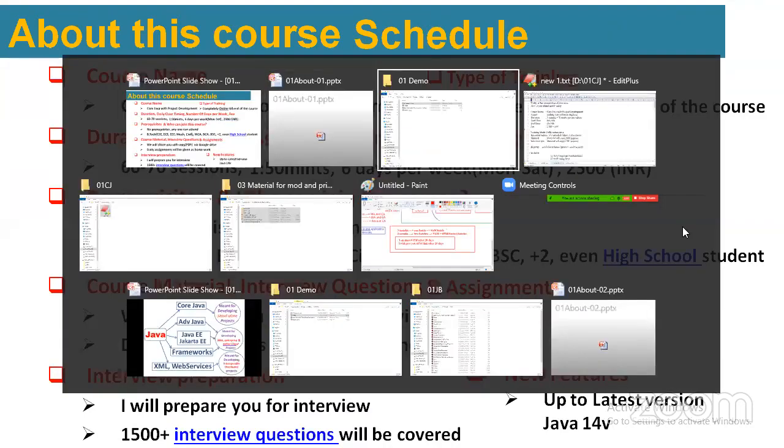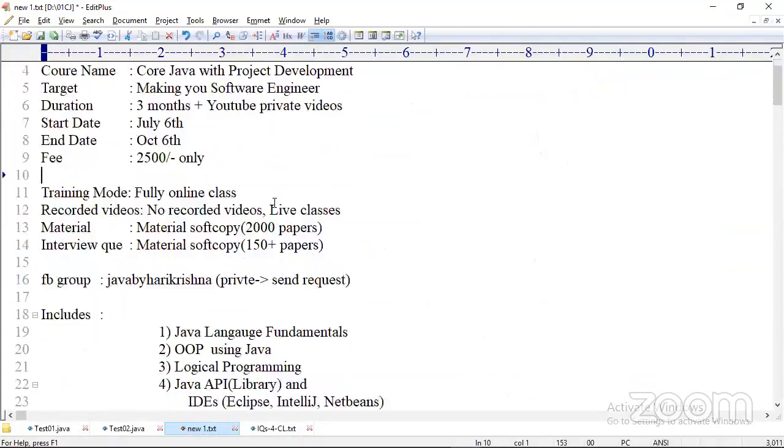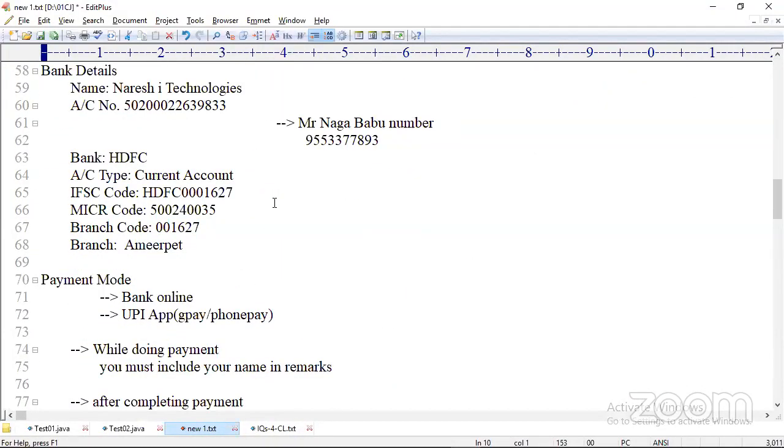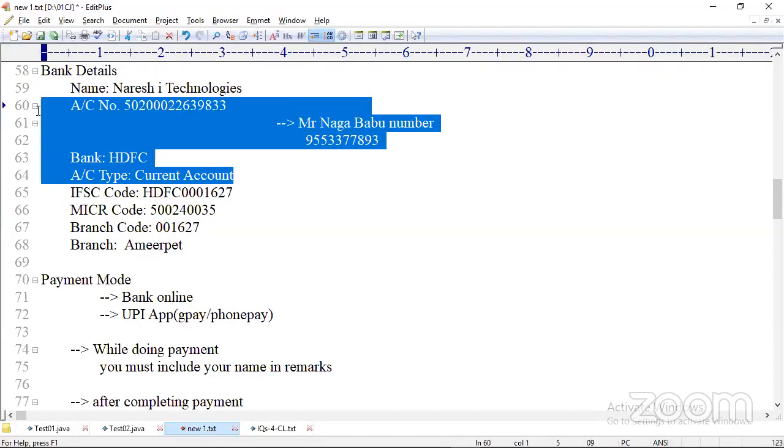And these are the bank details to do the payment. Please take a screenshot. This account number belongs to HDFC Bank and is a current account. You have to talk to Nagbabu, he's our administrator.